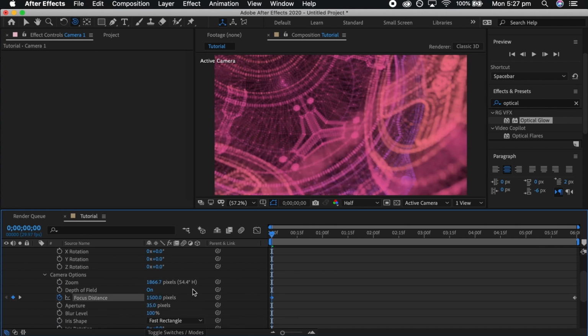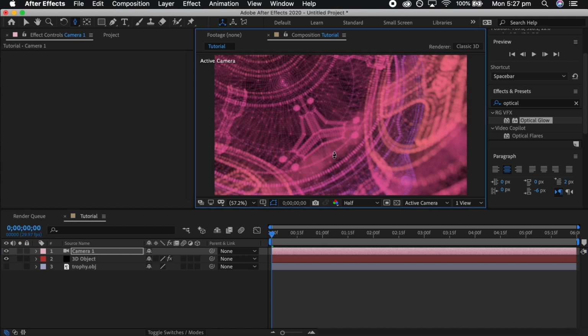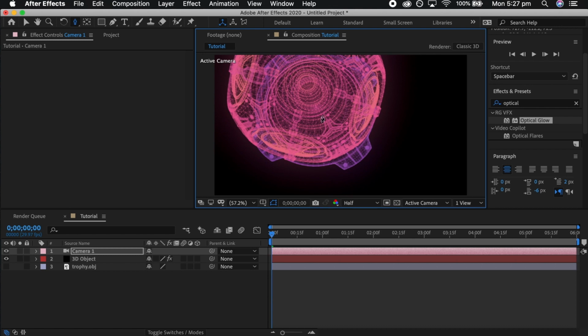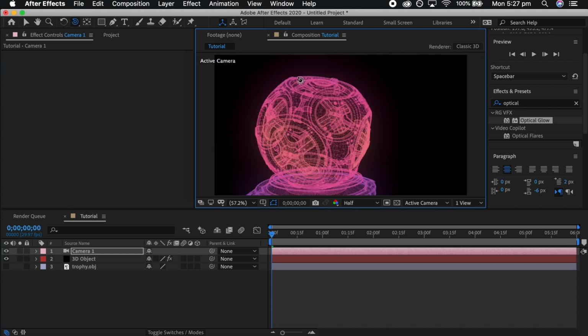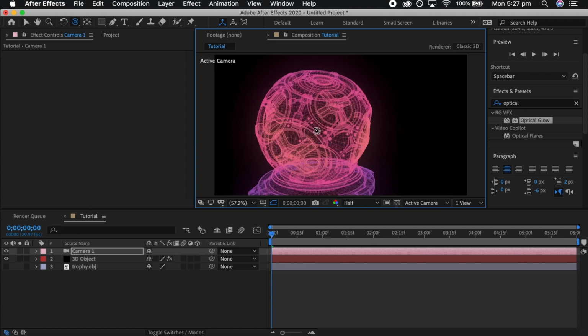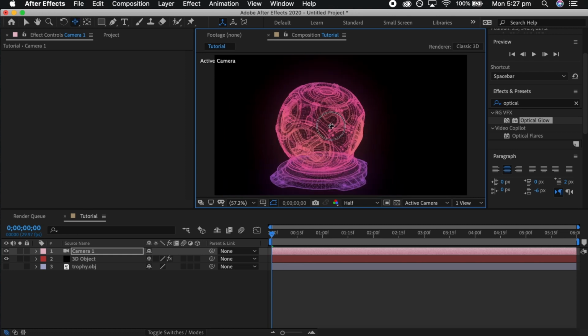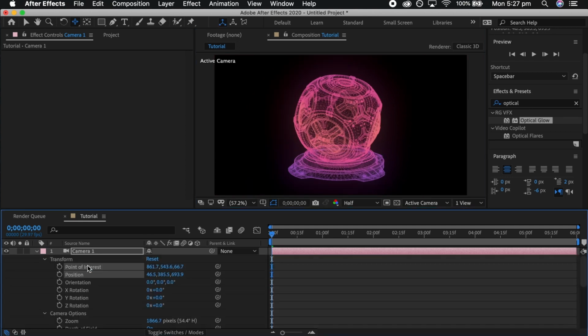Just change the focus distance up to 1500 where we can see everything, and we're going to zoom out. If you remember in the video at the start, we had a sort of reveal, and our 3D object became the center of attention at the end. So we're going to come out, pop it in the middle there, and we'll go back into our camera, and we need to work with point of interest and position here. So we'll go to the very end where we want it to be, keyframe those, head back to the start,